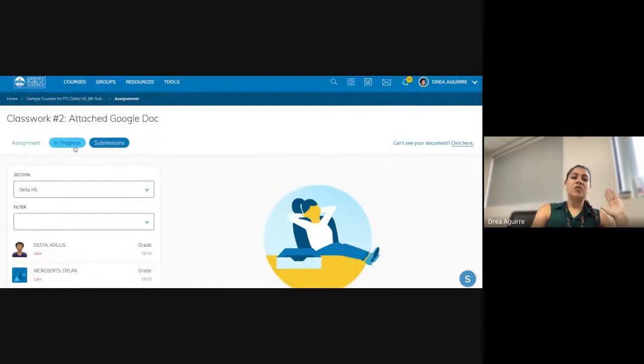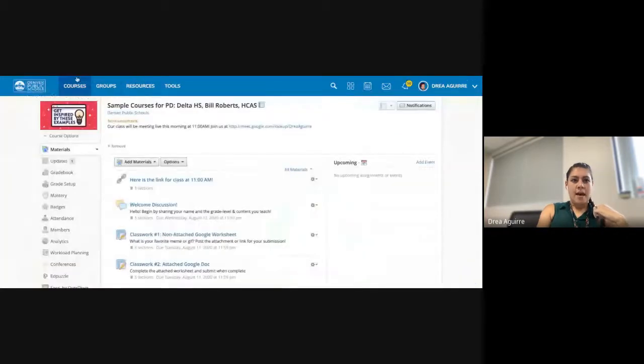The other thing, when a student does hit that submit assignment button, if it is past the due date, that student cannot unsubmit that assignment themselves. You have to go back and unsubmit that assignment. And once they hit that submit button, it locks it from editing. So students are no longer able to edit that document, even if they try to go through their Google Drive. They can't edit it once they've submitted. So when I go to set that up,